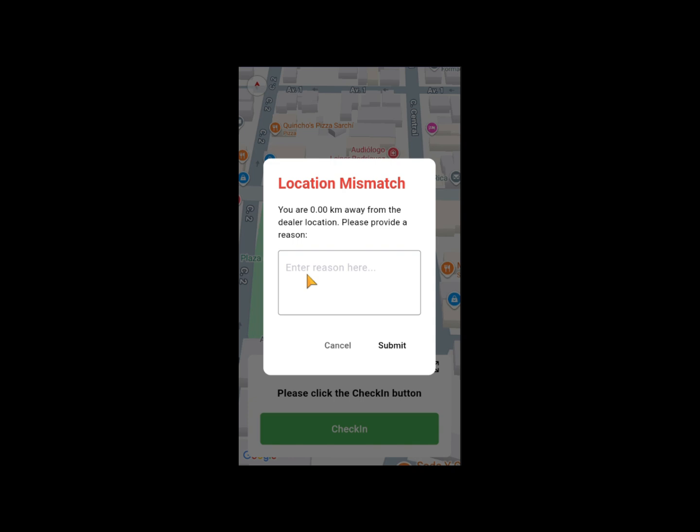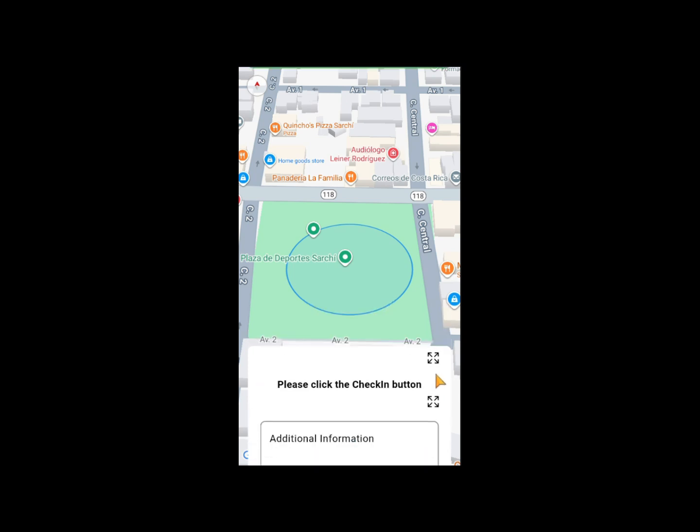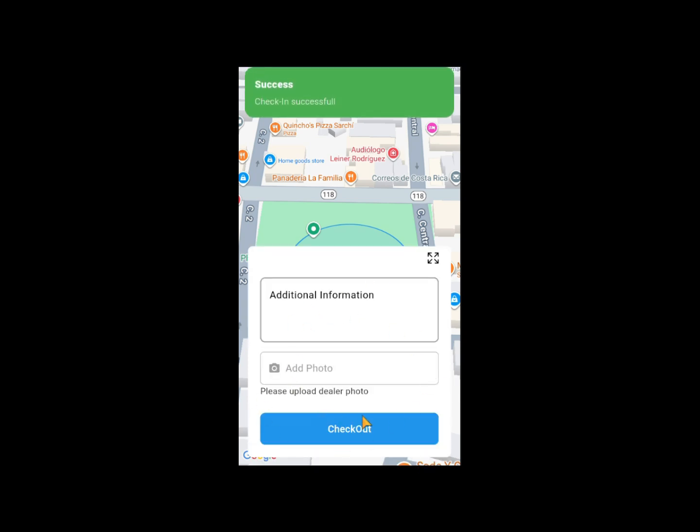I already explained this. This is showing because you are outside your 500 meter radius from your dealer location. If you are inside your 500 meters, it means below 500, then this page will not come. So right now again mismatch, put a different location and submit this.